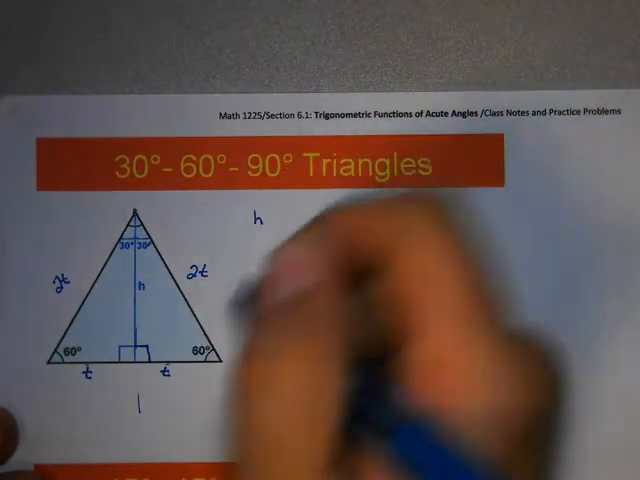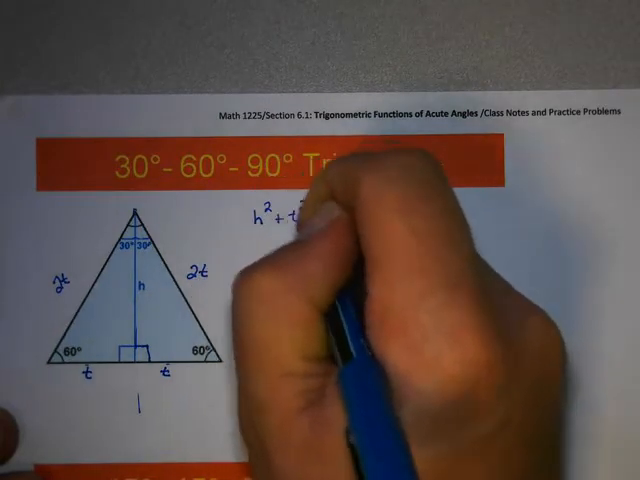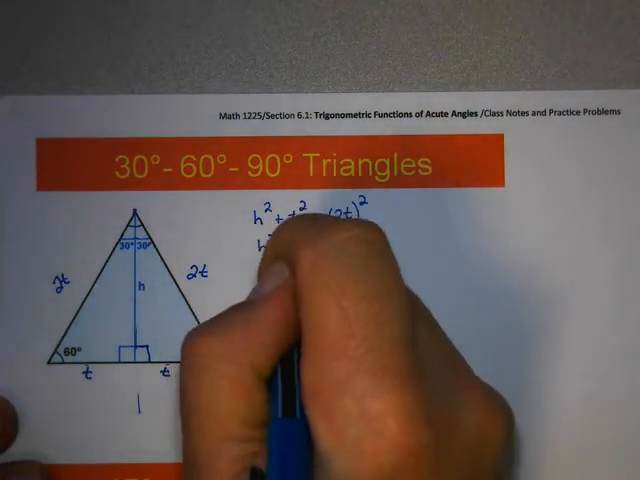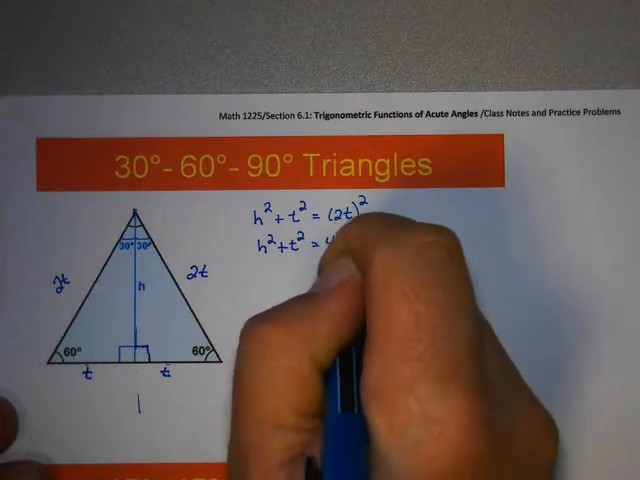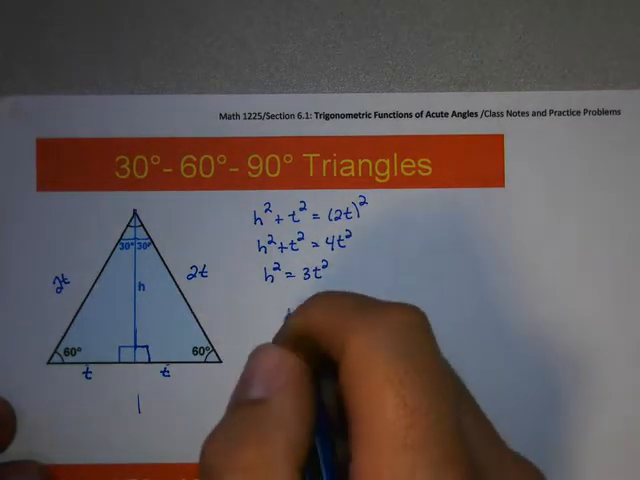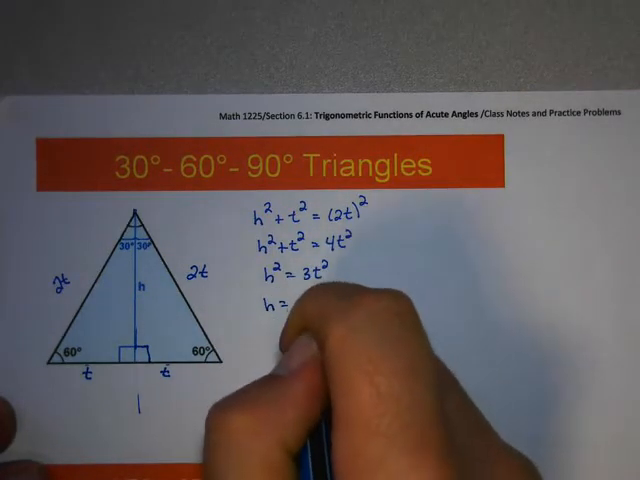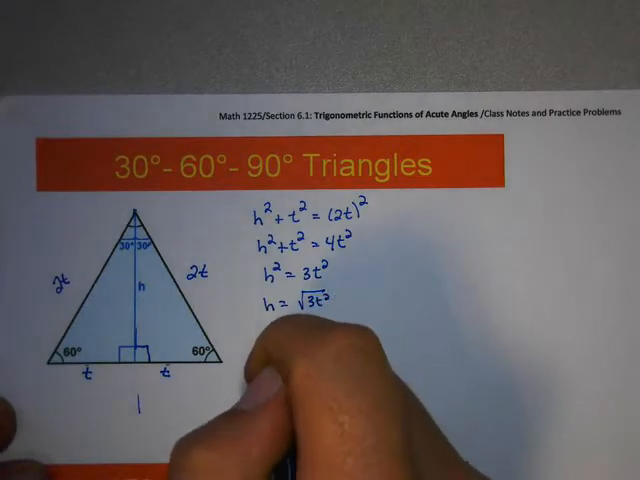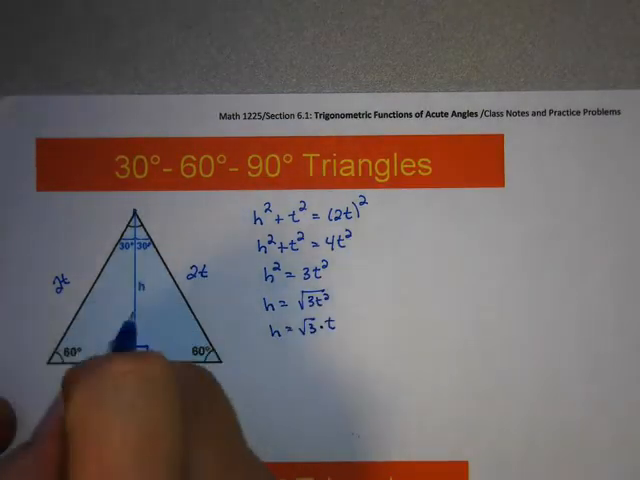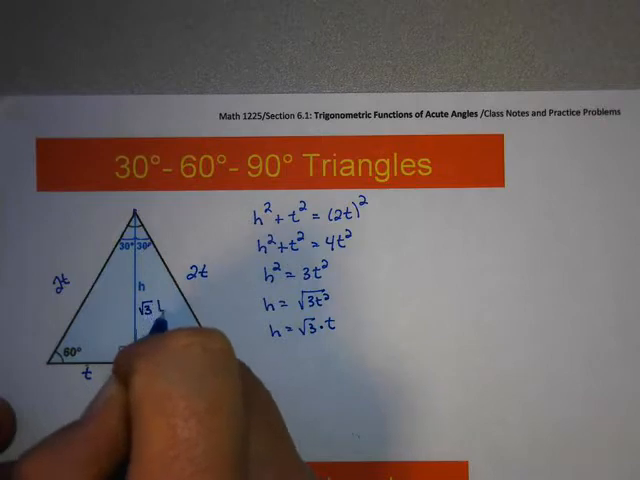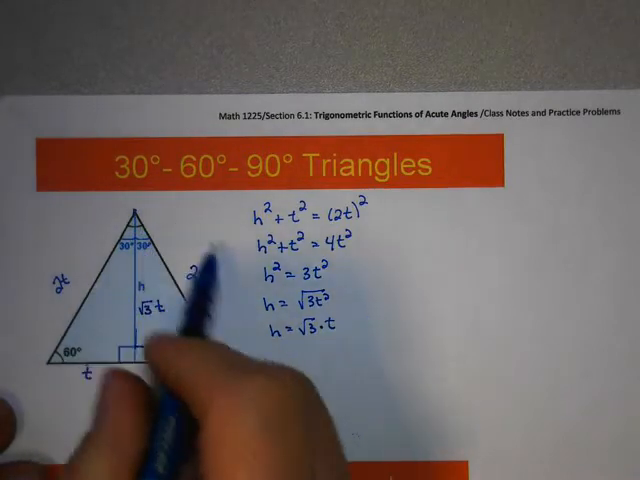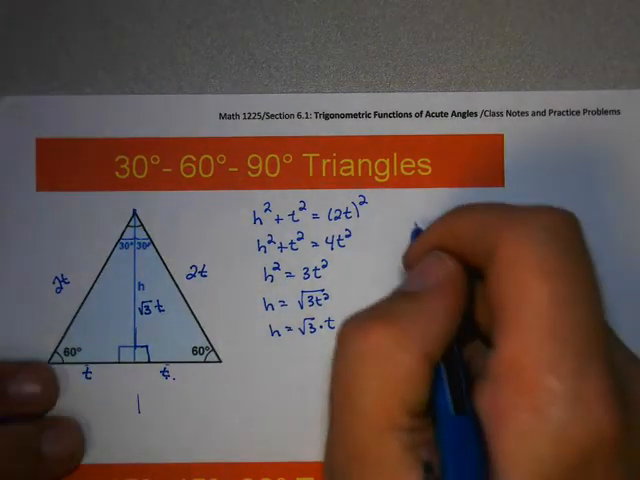So h squared plus t squared equals (2t) squared. h squared plus t squared equals 4t squared, minus t squared from both sides. h squared equals 3t squared. Now take the square root. h equals the square root of 3t squared. h equals the square root of 3 times t. So what we have here is really the square root of 3 t, but now notice how everything has a t in it. So I'm going to divide all these sides by t,